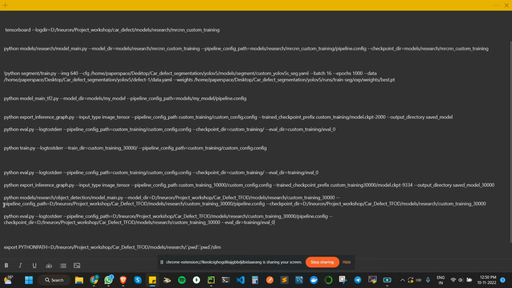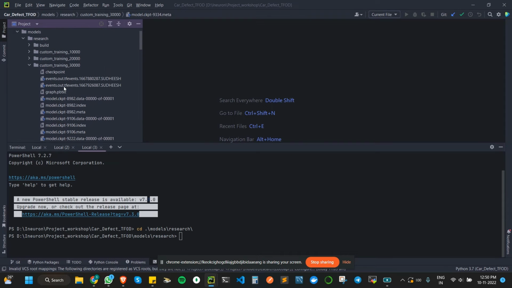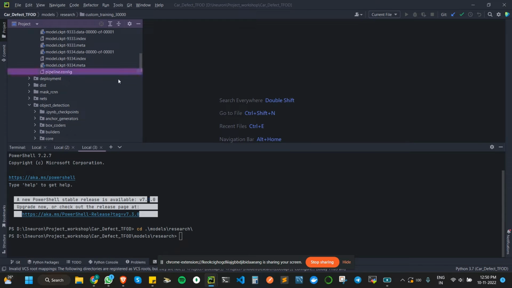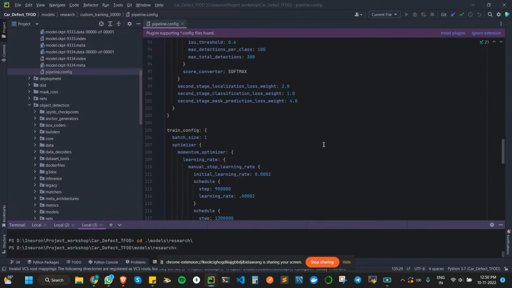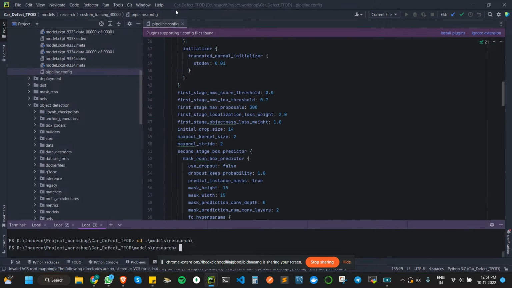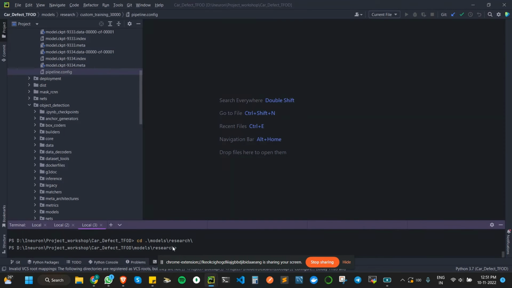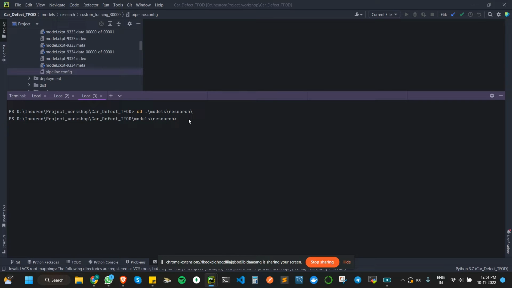And this is the pipeline config, which is the configuration file. I just kept the pipeline here. Another argument is the checkpoint directory, where I mention where this CKPT file is located. So if I copy this and run it in the research folder,